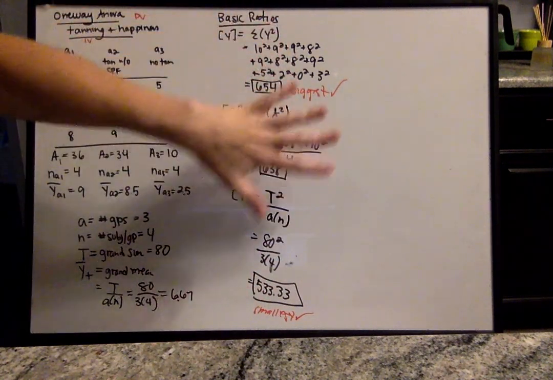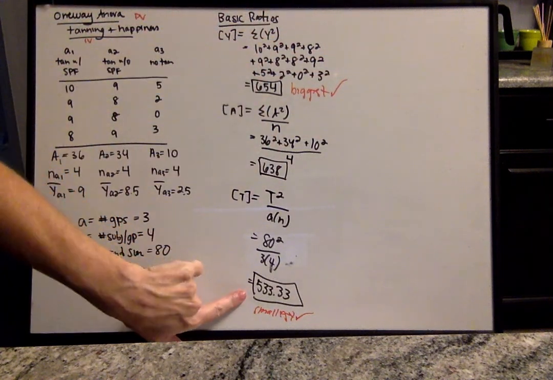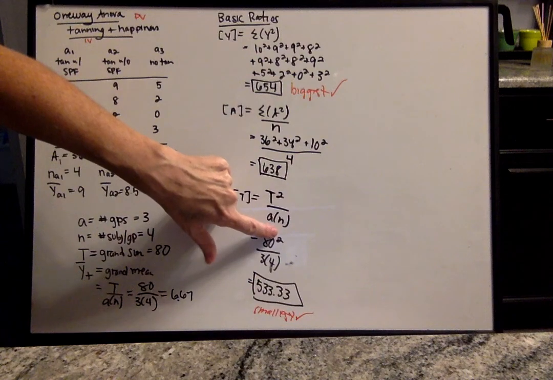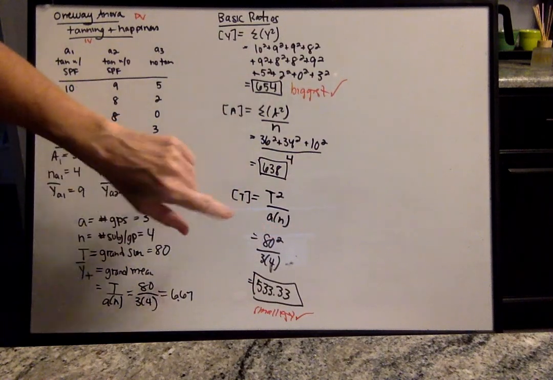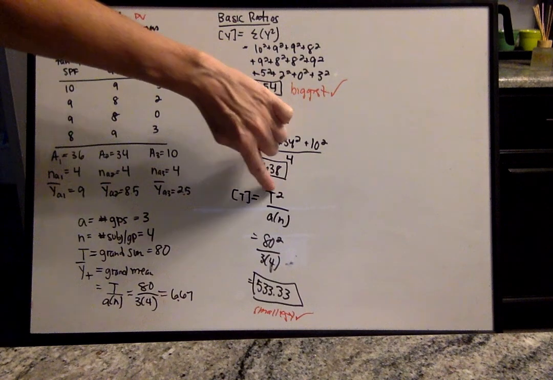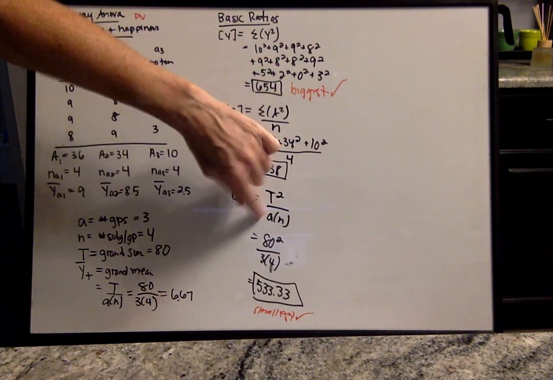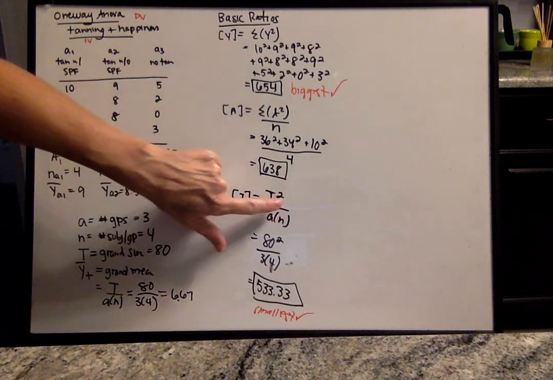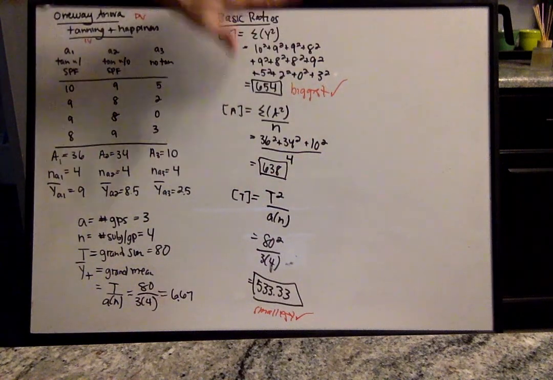If you get numbers up here that are in the hundreds and then you come down here and your number is like 6, you probably forgot to square this t. And it's an easy mistake to make because the formula for the basic ratio for t, t squared divided by a times n, is almost the same as the formula for the grand mean. The difference is it's squared. So basic ratios,